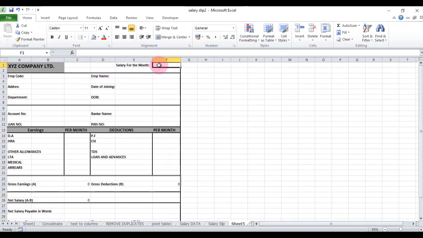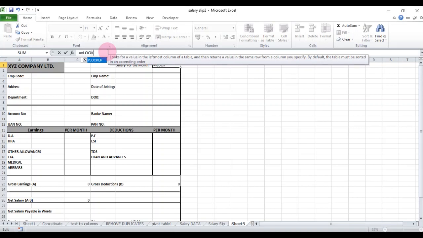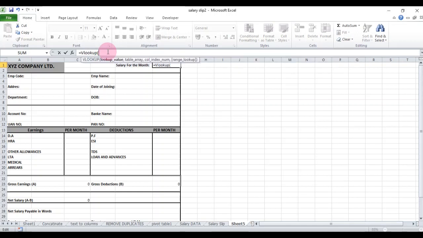So let's start entering formulas. For formulas, type here equal to VLOOKUP, bracket start, from this cell B5.